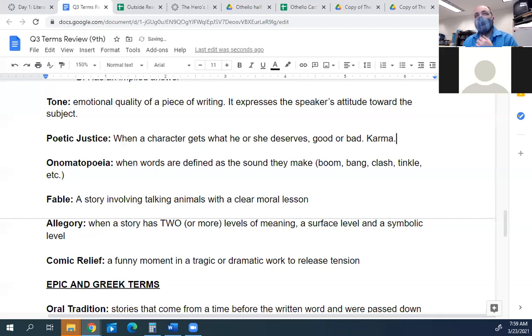But when you're talking about it in terms of literature, we use the phrase poetic justice. Why do we call it poetic justice? Because we want it to happen in poetry. We want it to happen in our stories because it happens so rarely in real life, right? Like in real life,